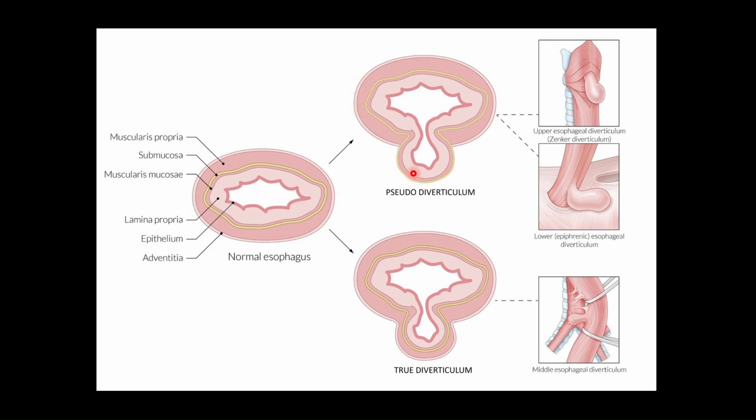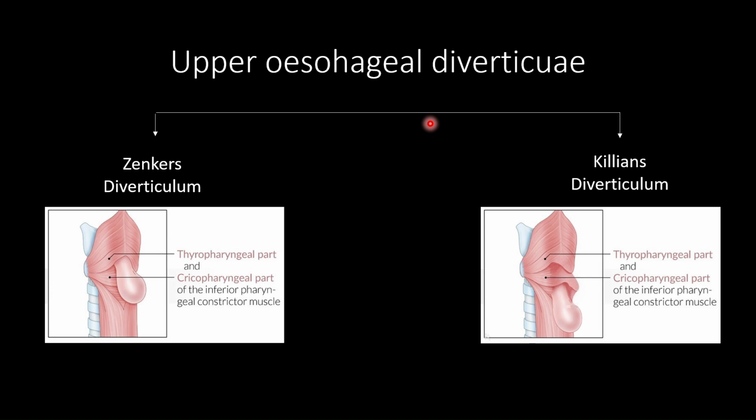And as depicted in this image, if there is protrusion of only the inner 2 layers, that is the mucosa and submucosa, through the muscular layer, then it is considered a pseudo-diverticulum. If there is outpouching of all the 4 layers, then it is considered a true diverticulum. Now, talking about diverticulae occurring in the upper esophagus, there are 2 types, the Zenker's diverticulum and the Killian's